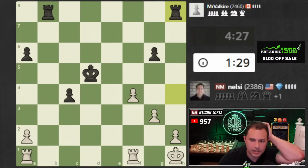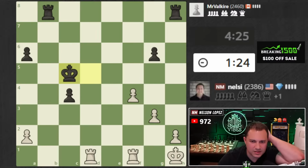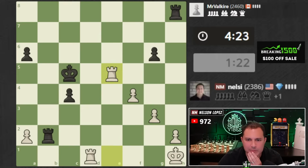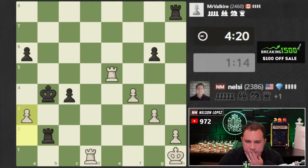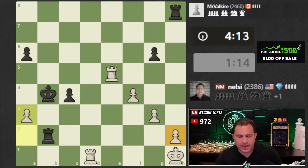So, okay, at least now we have this endgame, which I want to say is good for us. Try to be aggressive. Maybe I should have gotten the second rank. That might have been a big mistake. We'll see if I regret that later. Let's try to get tricky here. Oh, he's good. Why did I not play rook e2? Oh, no. Nelson. This is...